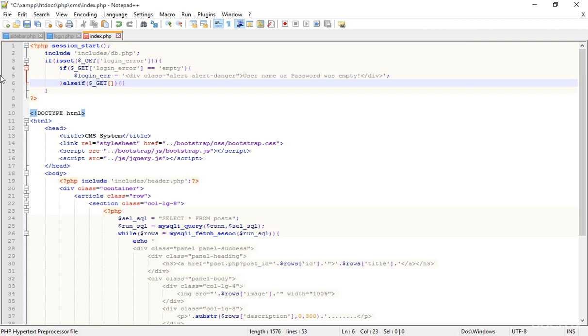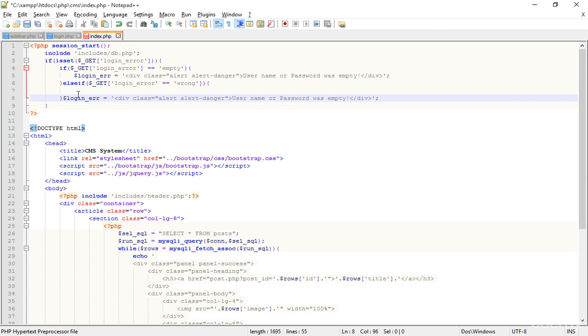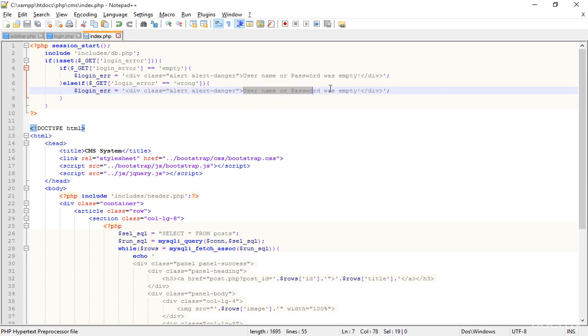Okay, so then I'm creating another else if. If the get is not equal to the first, I'm typing login error. Now I'm saying that if not equal to empty but equal to wrong, then simply copy this line and paste it here, not here, actually there, and here I'm typing username or password was wrong. Okay, now let's save that,